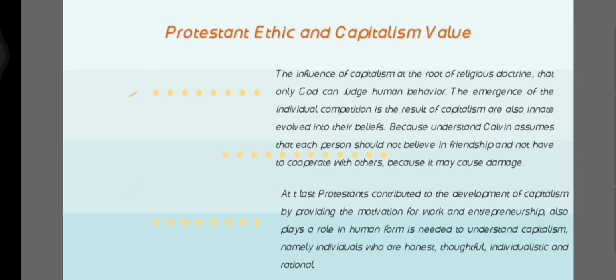It also provided the type of people needed for capitalism, such as honest, sober, impersonal, and rational. As capitalism became more formal and institutionalized, it depended less on religious motivation and looked to utilitarian and pecuniary motivation.